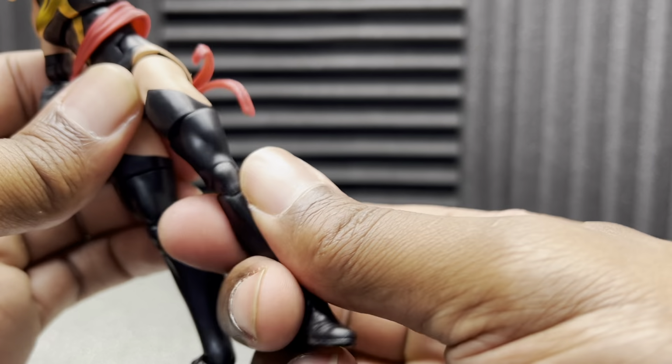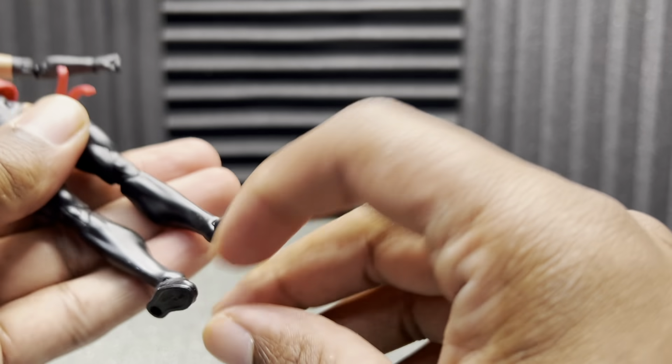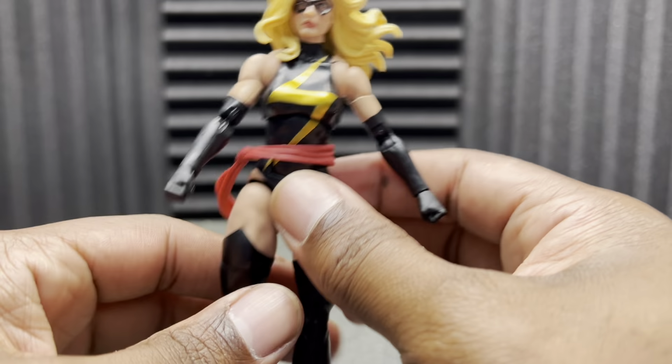Slightly, or way over 90 degrees there on her leg, or knee I should say. And then she does get an ankle rocker. She can move her foot up that far and down that far. So above average in some places, like the